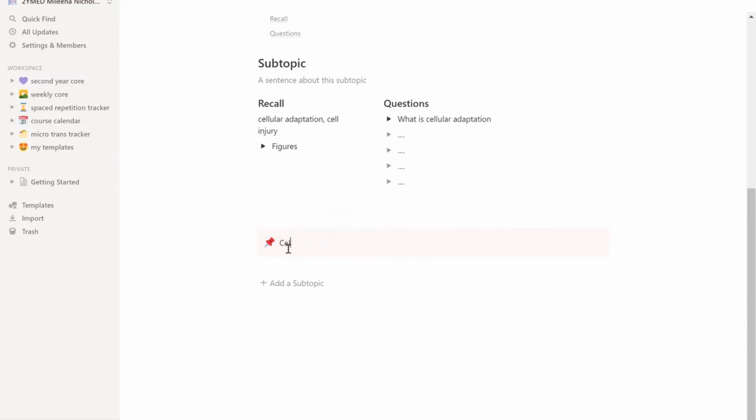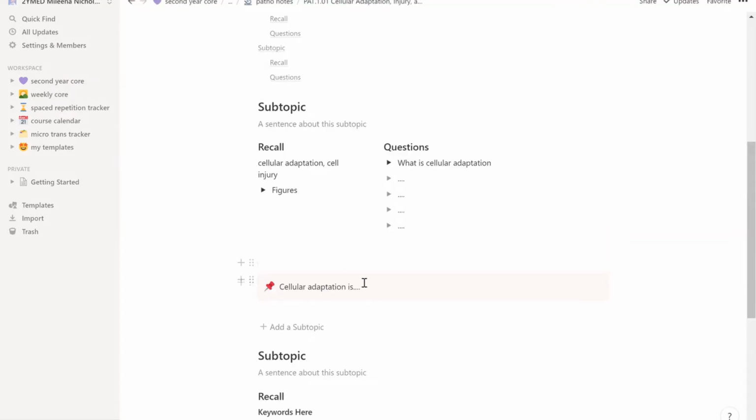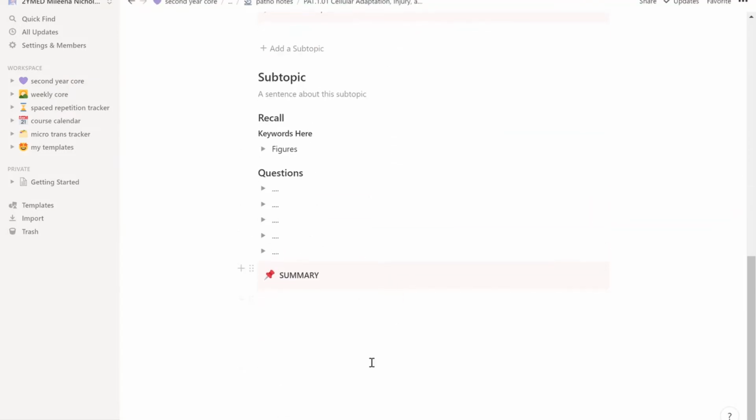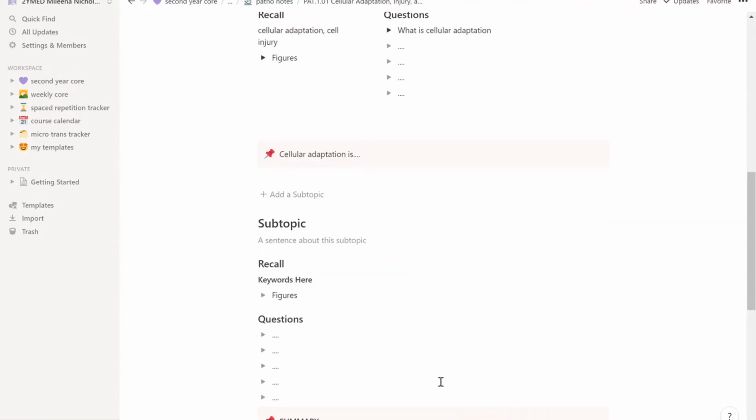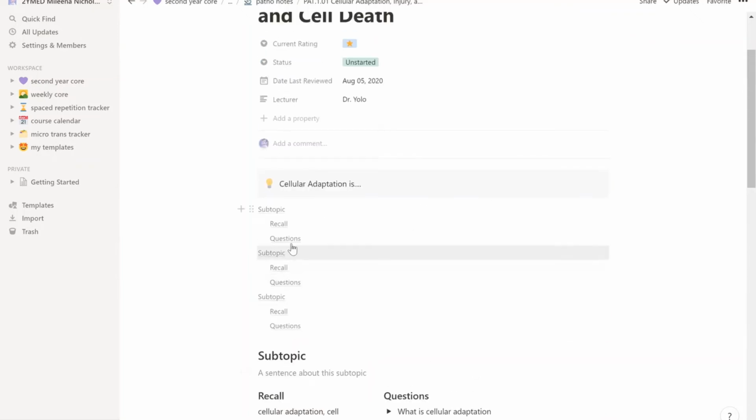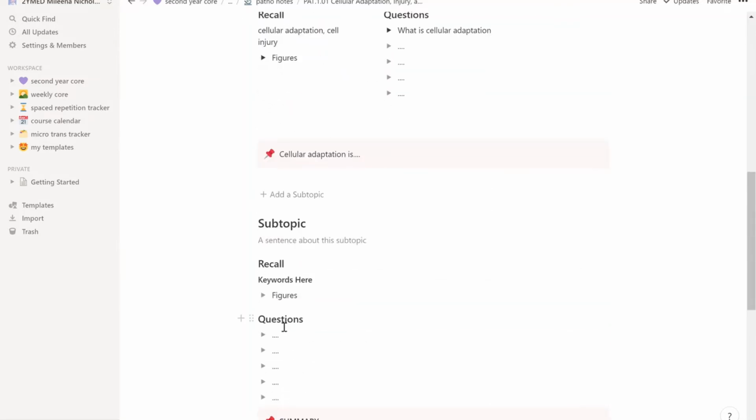So cellular adaptation is there. So I can add a subtopic and more subtopics there. So automatically it makes an outline already. So if I change the name of this,